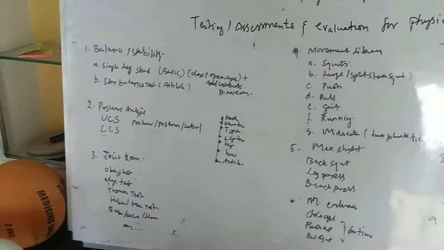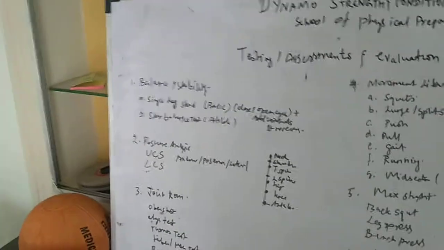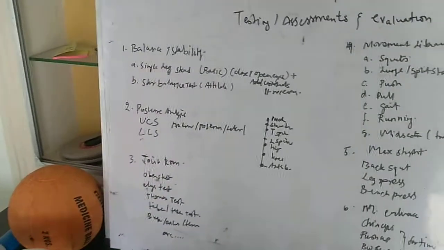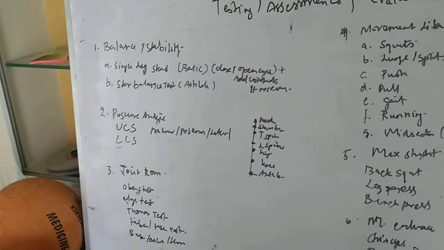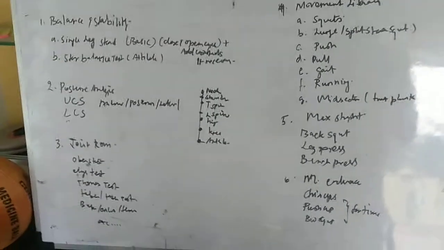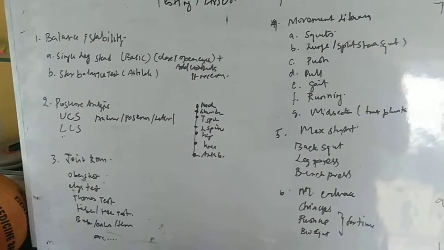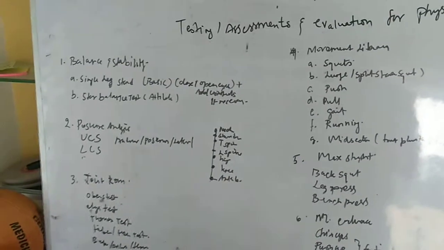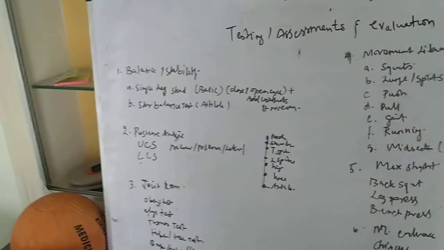So these are some common tests I use in my own assessment. I first start with posture analysis, check for upper cross syndrome, lower cross syndrome, and take photographs of anterior, posterior and lateral view. So always check from bottom up. You check the ankles, knee, hip, lumbar spine, thoracic spine, shoulders and neck. In this order, you can get a deep analysis of